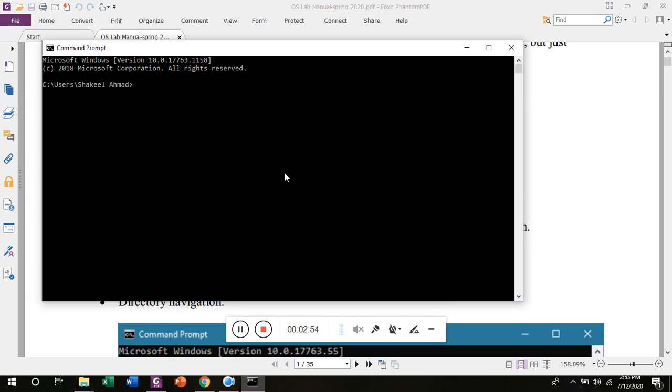Let's open up This PC and navigate to our main directory. The main directory in a Windows system is the drive that the file system is stored on.